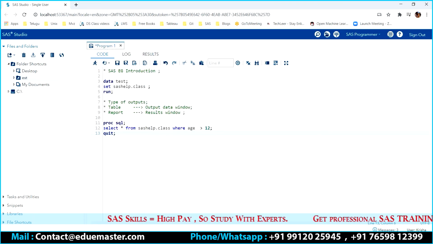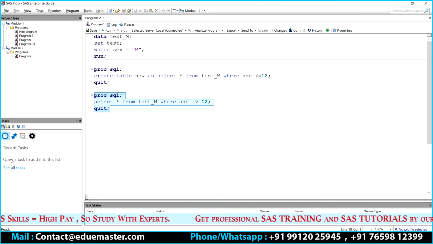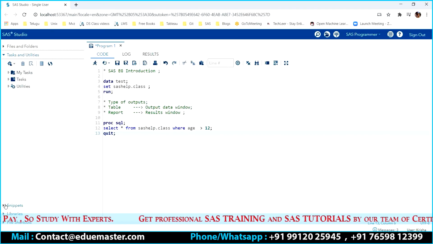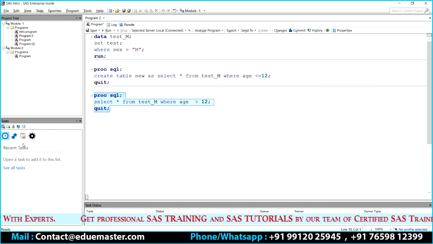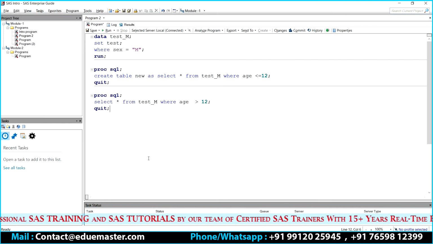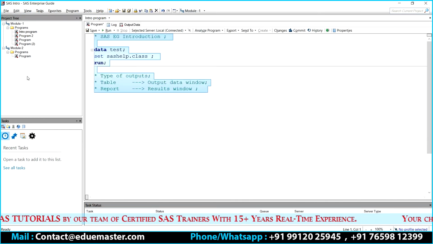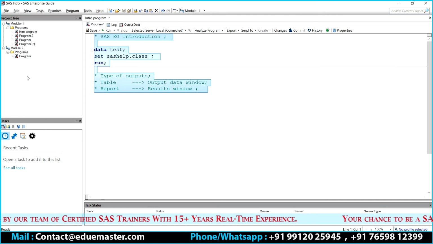All right. And then tasks and utilities, which is pretty much the same as this. You can see the tasks, and you can also have snippets. That is, you can create some snippets. What is called a snippet? Here also you can create snippets. I'll tell you how to create a snippet, but it is not required. That is, if you are lazy enough to write a simple piece of code.